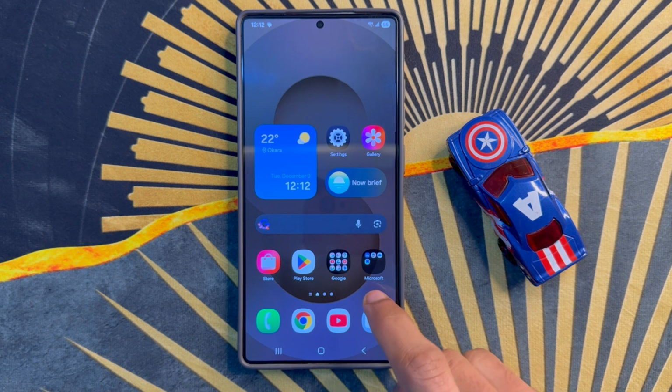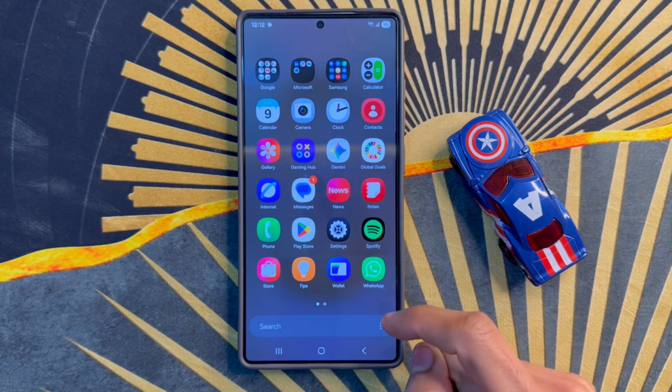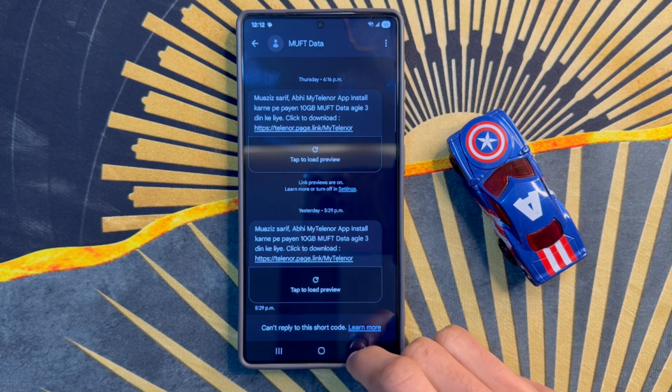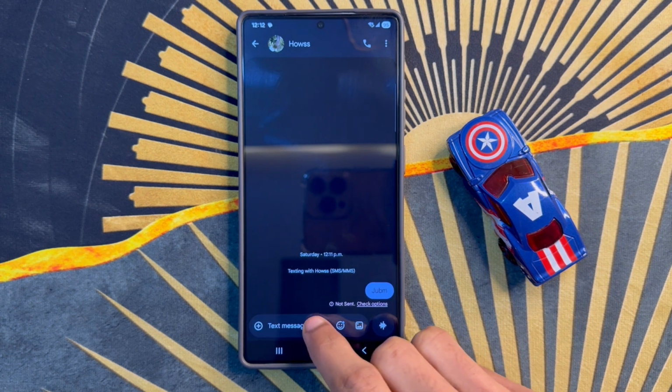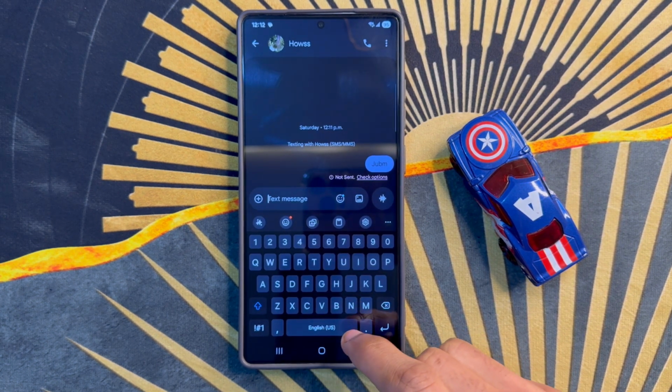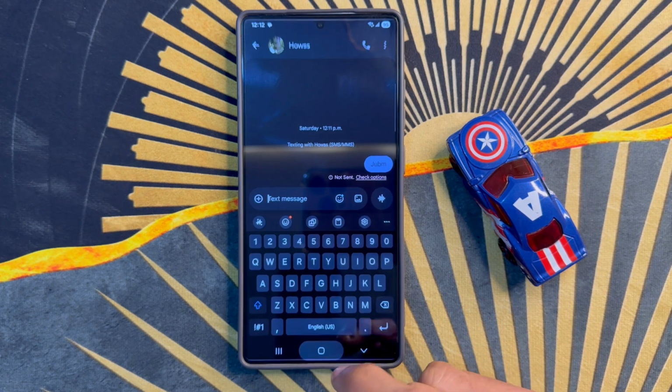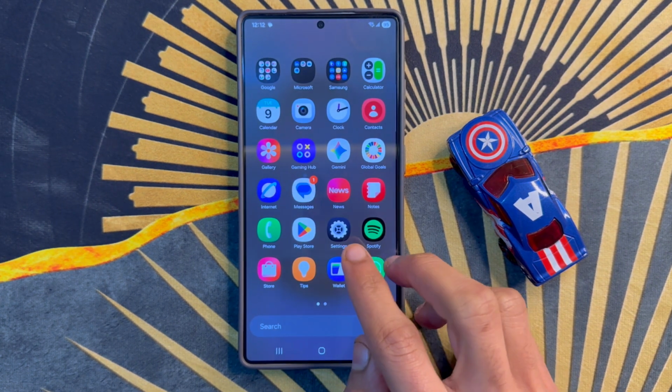First of all, go to app library. Now here, click on messages app. Now here, click on keyboard, so you will see the microphone is not showing here. So if you want to restore it, go back to home screen and click on